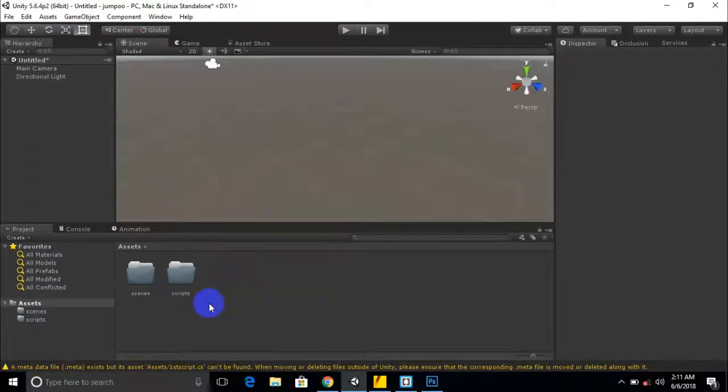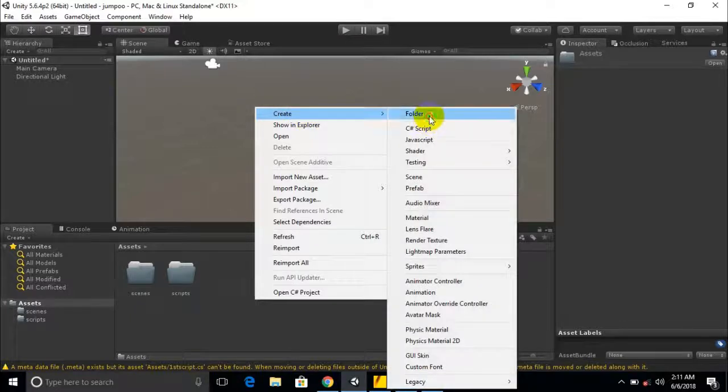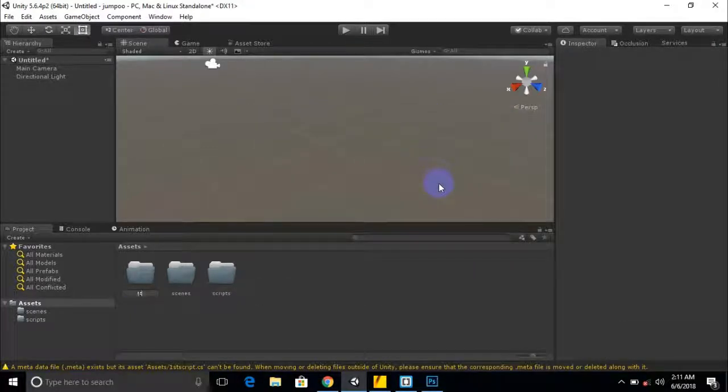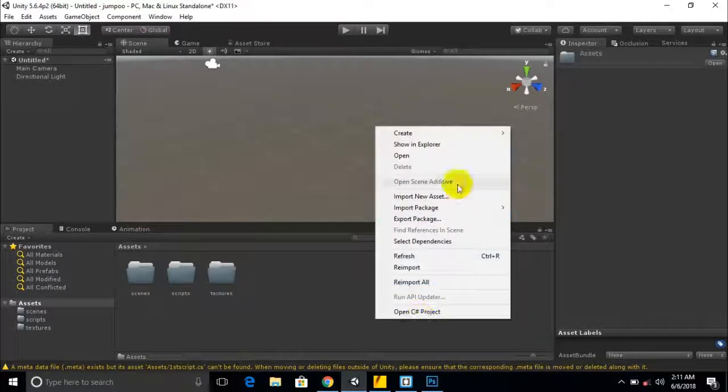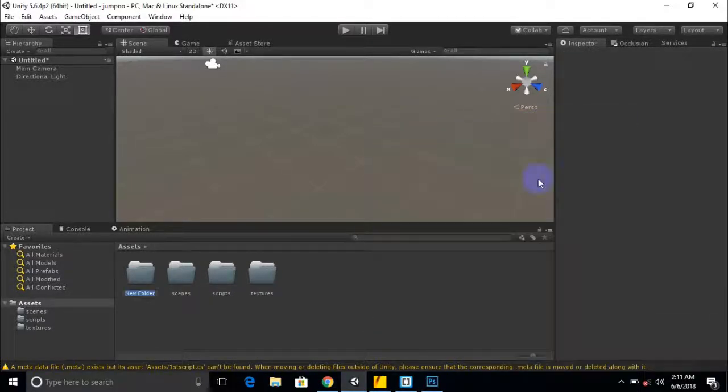After scripts we can create one more folder, for example textures, which we will use in our project, and one more folder I will call custom assets. Some assets we may use from places other than the asset store, so I will show you the technique for getting those assets and using them in your project.